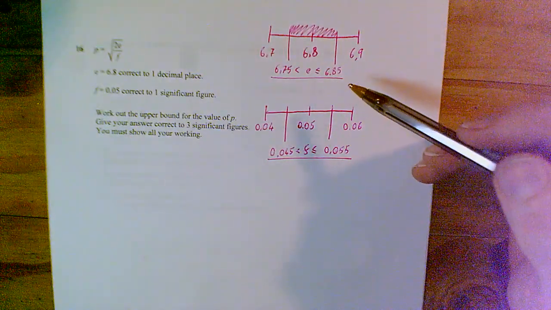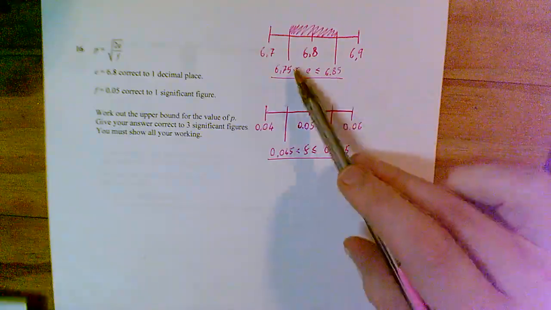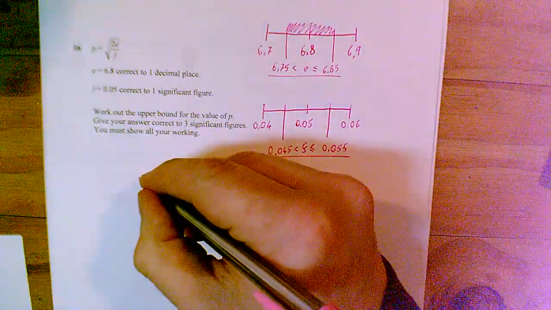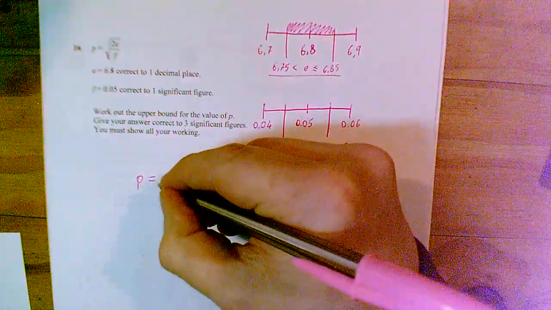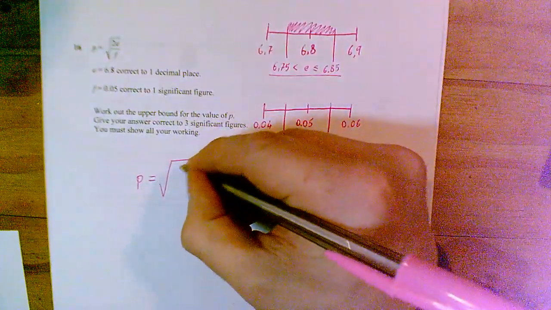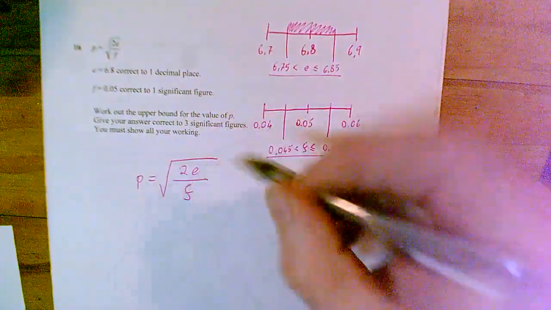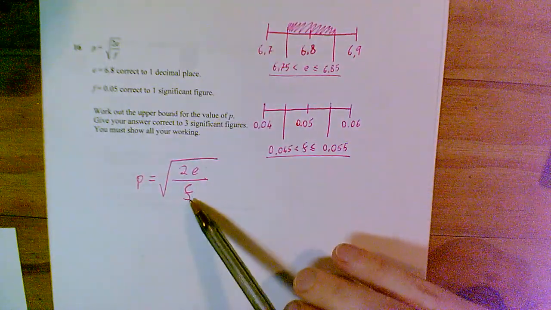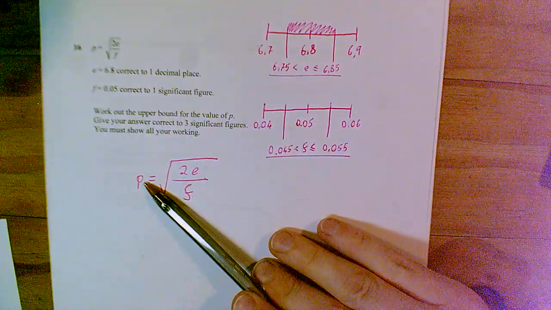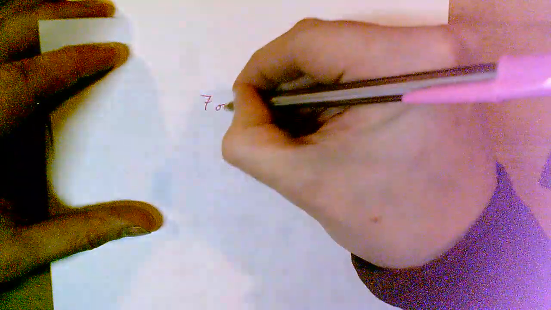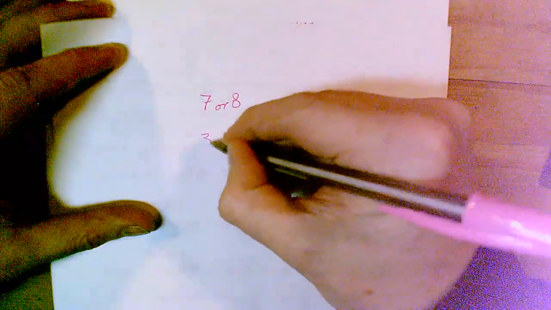Now, I'm just going to take a moment here to talk about which of these I have to choose, because in a minute I'm going to substitute them into this formula, 2E over F, and I need to choose the E and the F which is going to make the highest value of P. So a quick note about dividing. If I can choose, say, 7 or 8 to be my numerator and 3 or 4 to be my denominator,